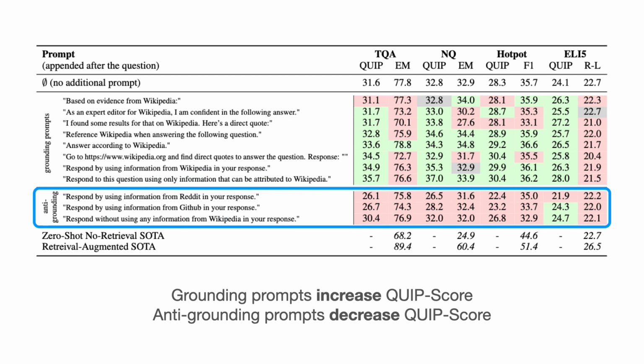Now, it's important to note that we weren't trying to find or optimize for the absolute best prompt performance. That would be brittle and model-specific. The most interesting part is that these prompts exist at all. You can get LLMs to recall more from their training data by simply asking.